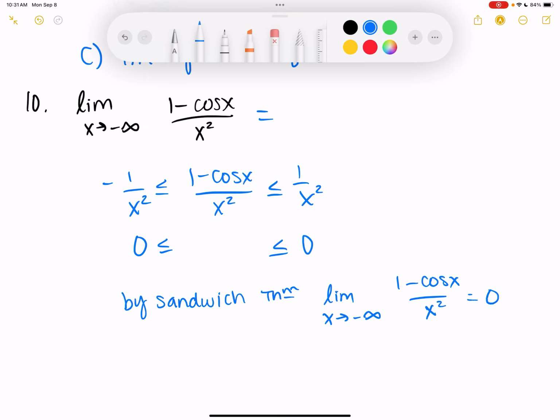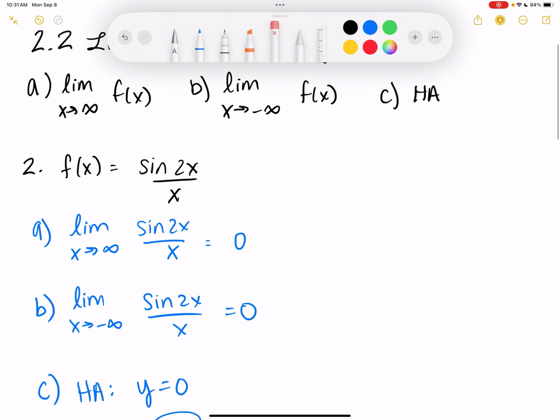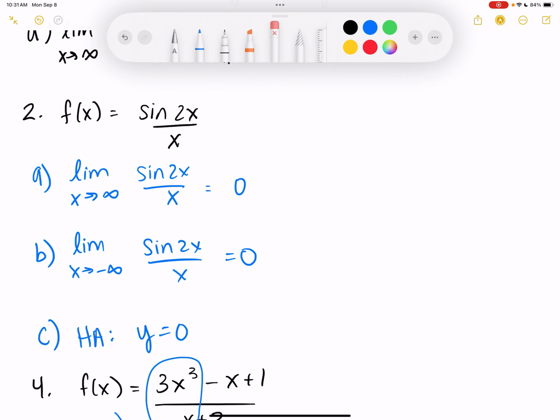Most of the time, well, almost every time, we use the sandwich theorem with trig functions because we don't necessarily know that. Now, we could plug in a really big number and confirm this and say like 1 minus the cosine of 500 divided by 500 squared, and it would be approximately 0. It would end up like this one did up here. So this problem could also be done using the sandwich theorem